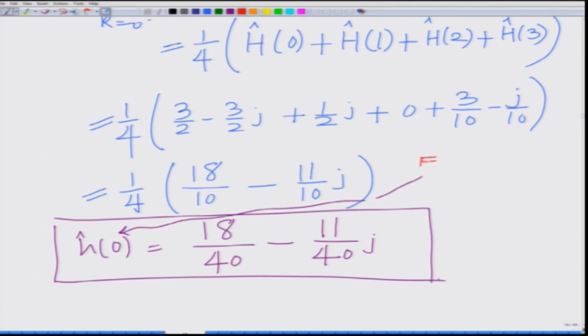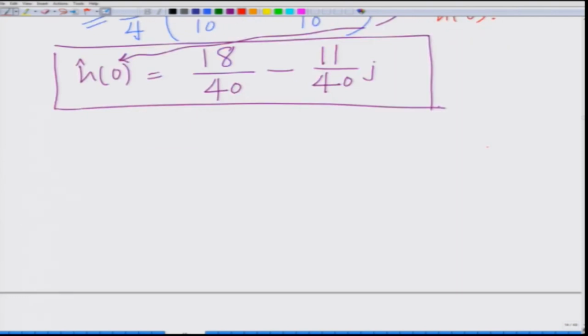This is what is H hat 0. This is the estimate of channel tap H 0, and by the same token, how will we compute H hat 1, which is the estimate of channel tap H 1 corresponding to k equal to 1, that is basically your